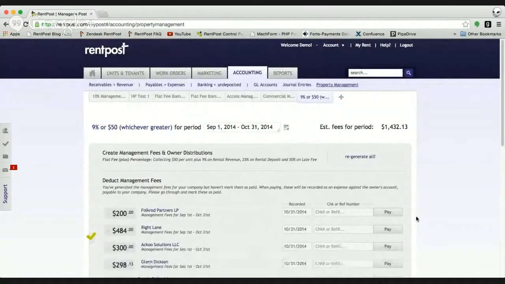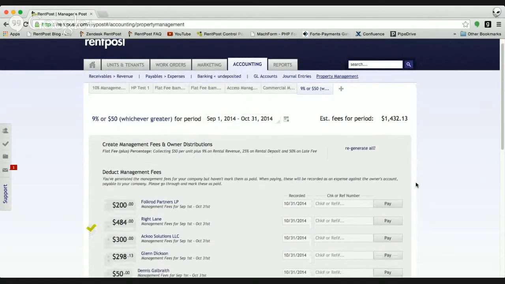I would suggest that as a company internally, you set a cutoff date of the month, as well as a time for your recordings, and not record any revenue or expenses after you've done this generation. You can, of course, do so, but you will want to go in and regenerate as it will alter the automatic calculations and the owner statements.